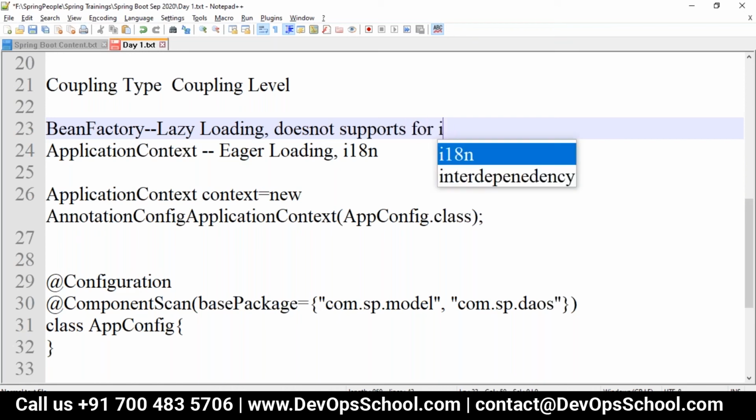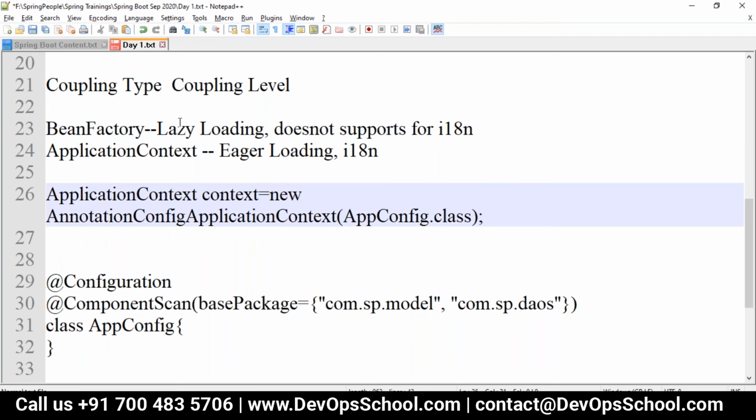Generally, in our projects, I've seen where we are creating these state machines where bean factory is used. Any specific reason? Because of lazy loading. When you take it as an X-ray machine, I don't want all the objects prepared when I just start to take an X-ray. After taking the X-ray, I want to load the modules. So it should be loaded based on my request. That's why they configured it with the Bean Factory.